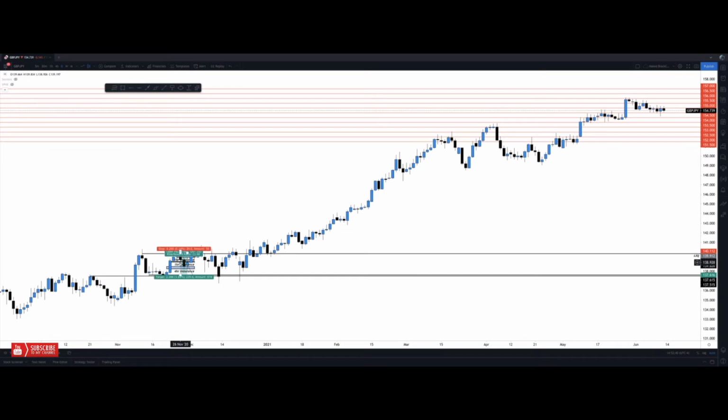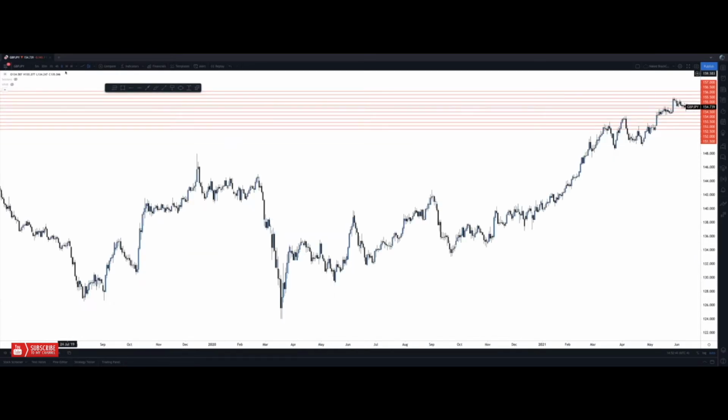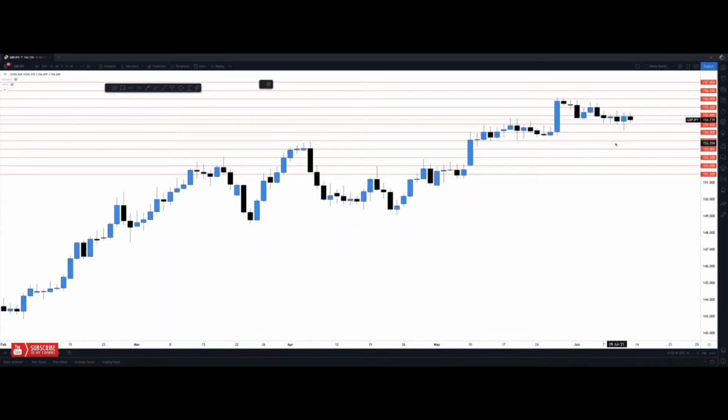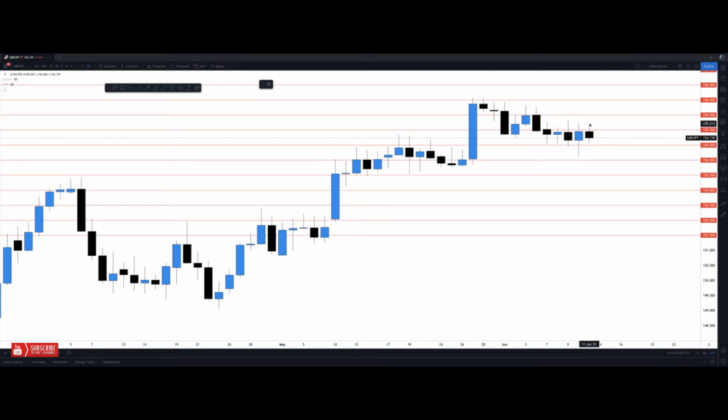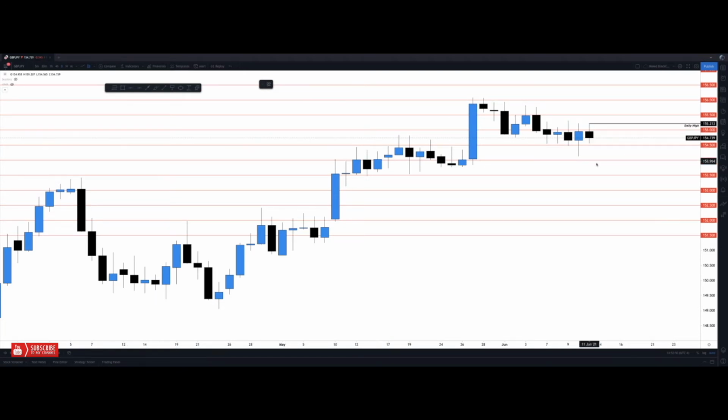Let me get rid of all these. These are from a previous video. We're going to go to daily time frame, and we're going to start to mark up the daily highs and daily lows. In this case, this was a bearish candle, so we can anticipate that the next candle is going